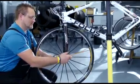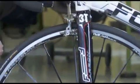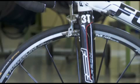Remount the wheel, reversing the procedure you used to remove it. Close the brake quick release lever and check that the brake pads contact the braking surfaces of the rim. Make sure that the quick clamp is closed tightly. Be certain to test the brakes. Before each ride, check that the tires are in good condition, that the valves are not crooked and have sufficient pressure. Monitor the inflation pressure using a pump with pressure